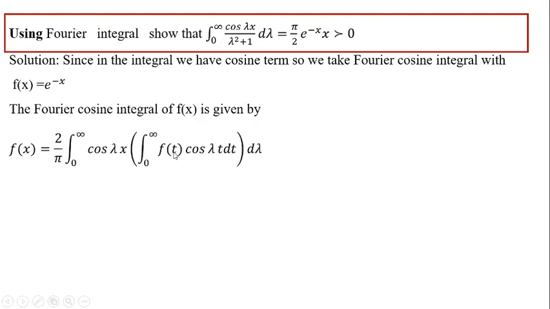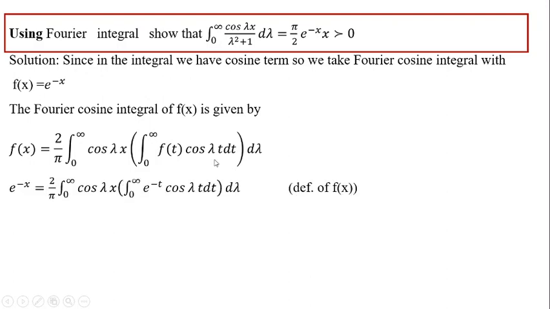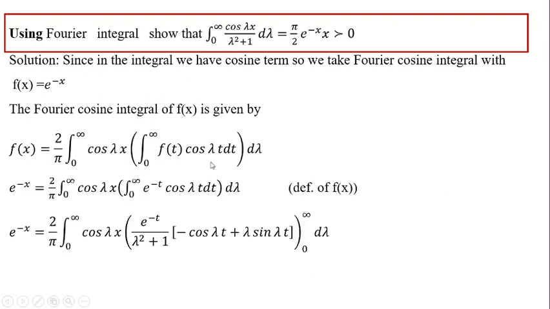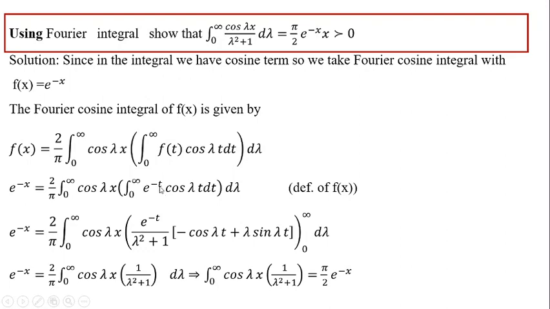Again substitute f of t. What will be f of t? In the right hand side I am taking this e raised to power minus x as f of x. Okay, so f of t will be, again applying the formula which we know earlier, that is e raised to power ax into cos bx. Apply the formula and simplify. So you will have the required results. So in a very easy manner you can get the Fourier integrals of a given function.